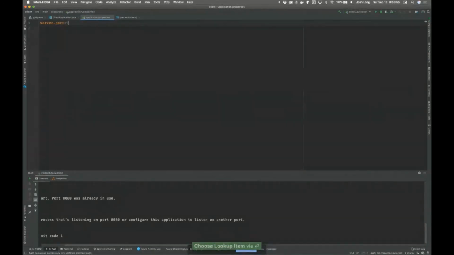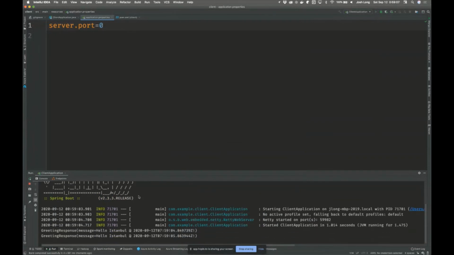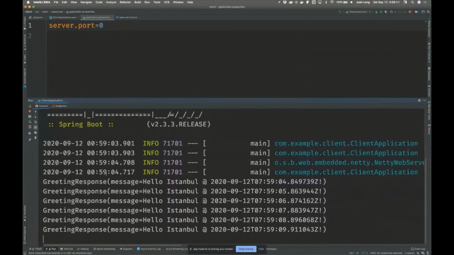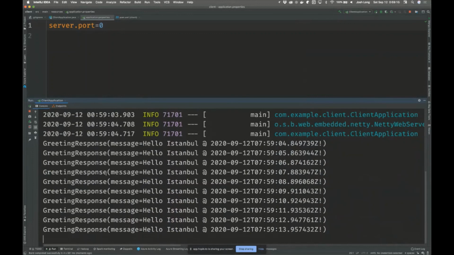It thinks that we want an HTTP port. I don't. I just want a random one. There you go, my friends. You can see on the bottom, it's showing us new results every second, and that's okay because again, it's not going to block the threads when it does that.